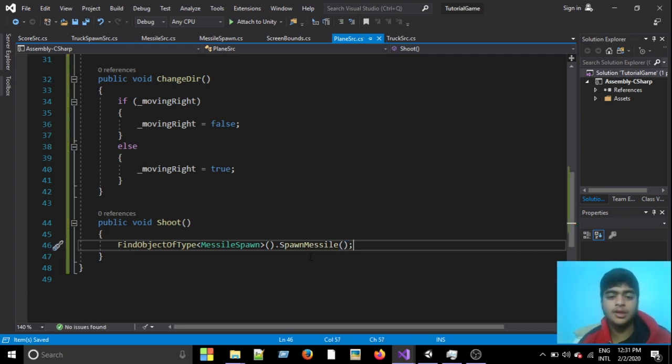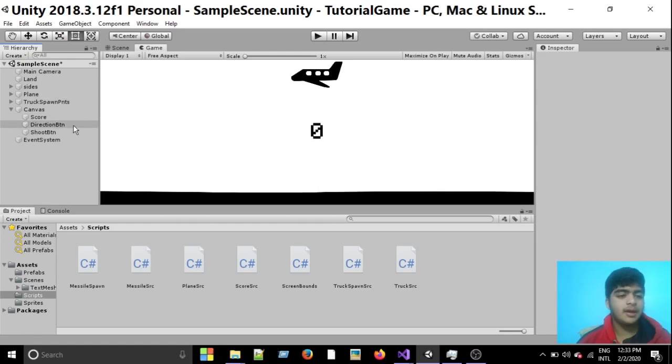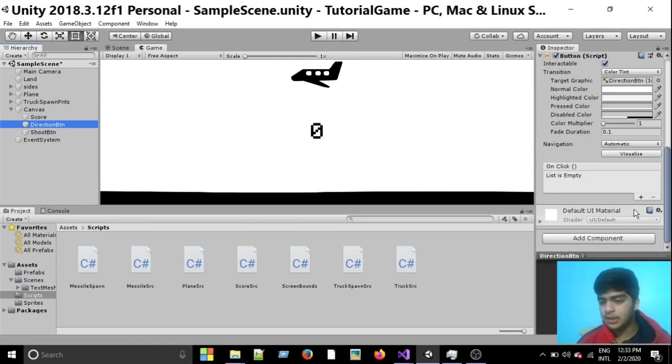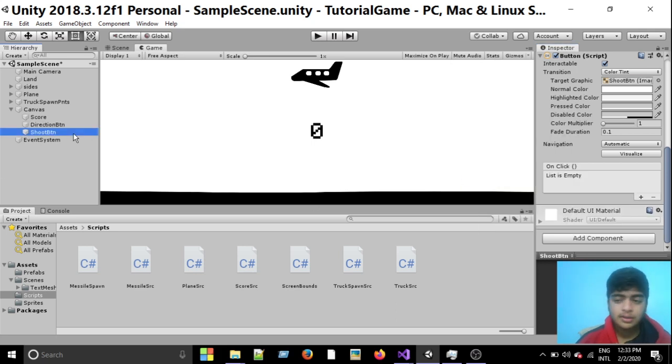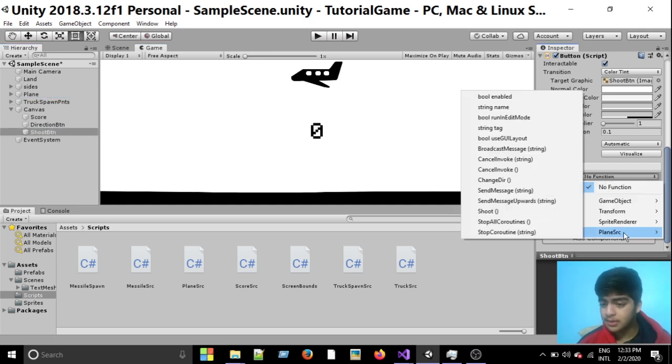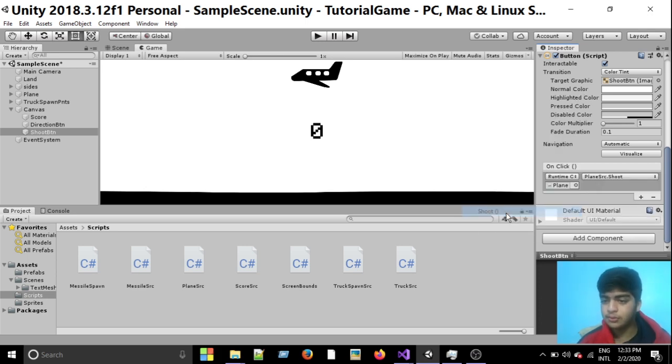Let's go back to Unity. Now here I add the on click method on my direction button. I am using the plane because we have specified in the plane script these two functions, and going to the plane script and selecting the change direction function which we have created earlier. In the shoot button, I'm going to the on click method. Again I'm selecting plane here, and in the function I'm going to select the plane script and the shoot function,